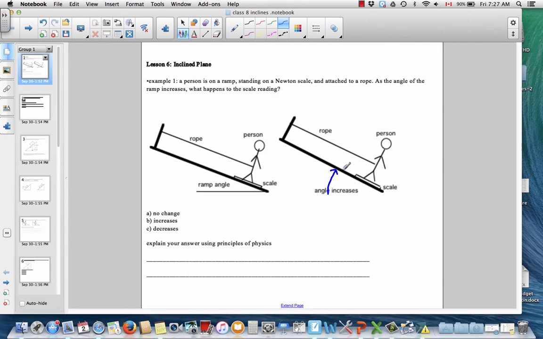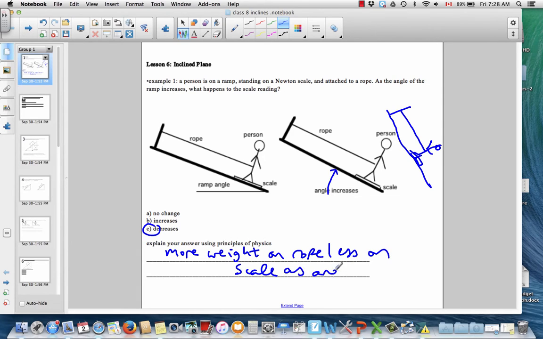Well, you can see that as the angle increases, you can consider the really extreme case here of a really big angle, I suppose. As this happens, there's going to be more of the person's weight on the rope and less on the scale. So we expect the scale reading to decrease because there's more weight on the rope and less on the scale